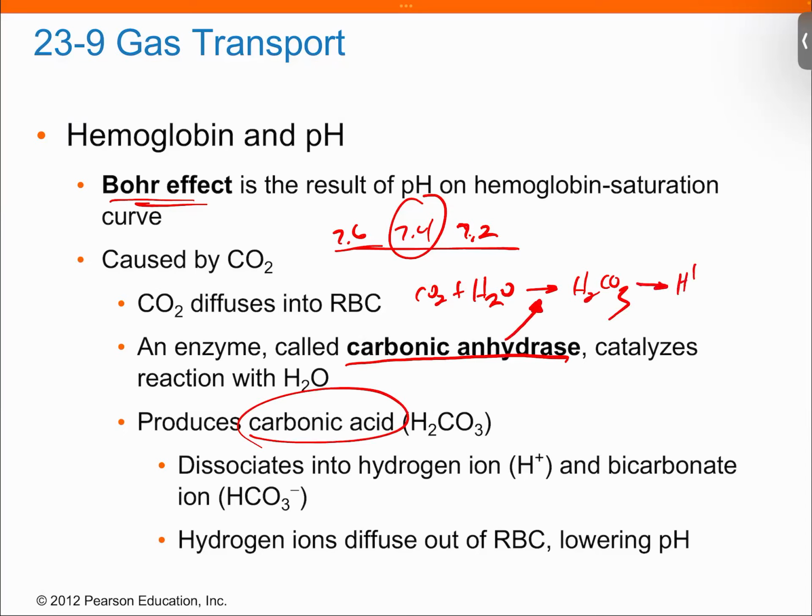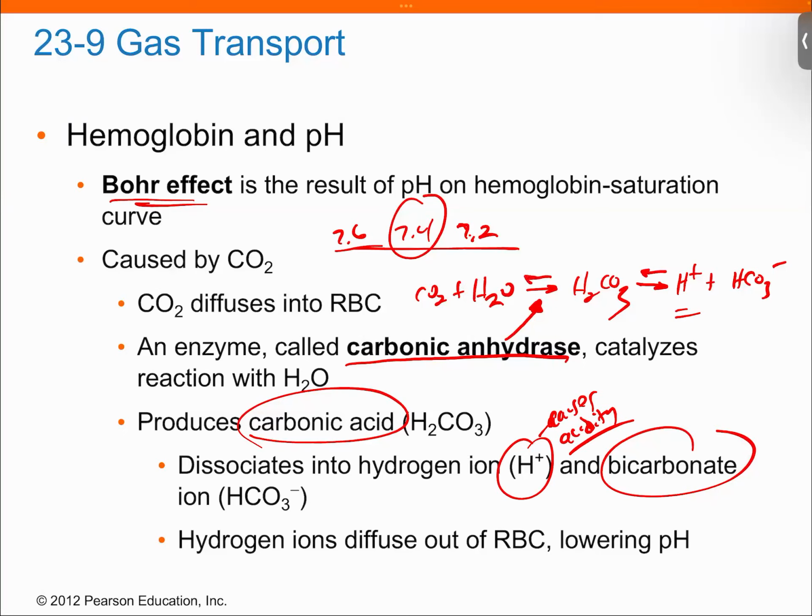Then this will dissociate, as all acids do, into bicarbonate, of sodium bicarbonate fame, baking soda fame, and of course your hydrogen ion. This causes the acidity. And so these are all reversible. So you can go back and forth. So if you get a little acidic, then you can push it in this direction and solve that problem. Or another thing you can do is you can just dump this in your urine, and that'll also remove your